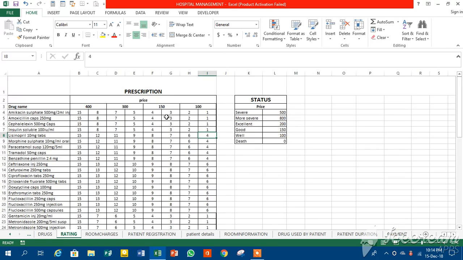In our case here, we mean that if the drugs were administered to this patient 1 to 2 times by the doctor, then